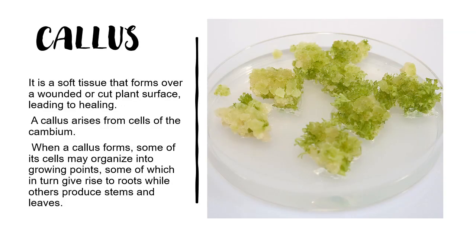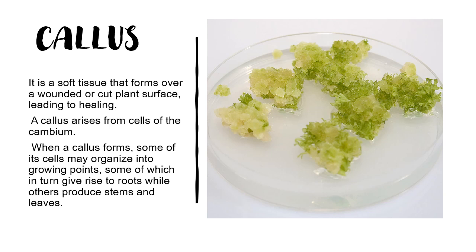Before moving to that, what is callus? You will come across this term, and it is very important to have at least a callus growing in your tube. If you have a contamination, then your plant tissue culture has failed. So at least you must see callus growth, and if you find callus growth, then it is good enough, because after callus formation you will see some leaves growing. Actually, after callus formation the dedifferentiation starts.